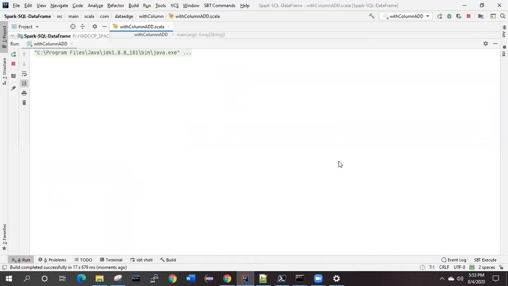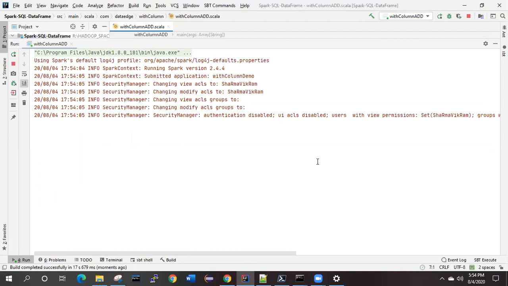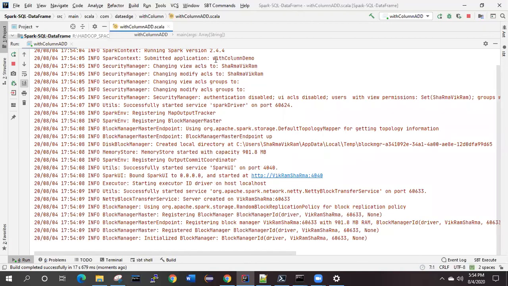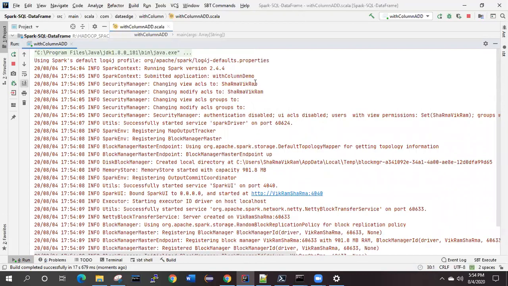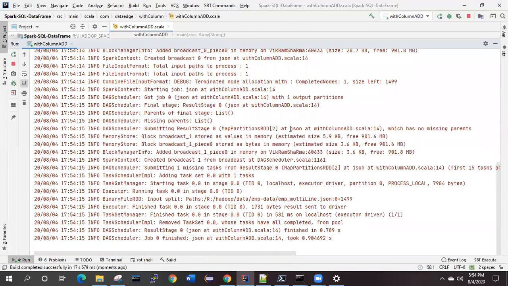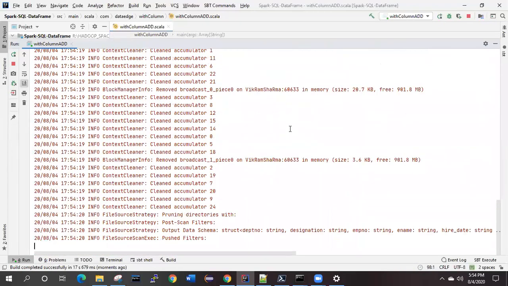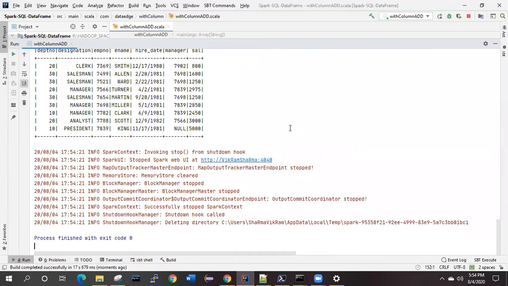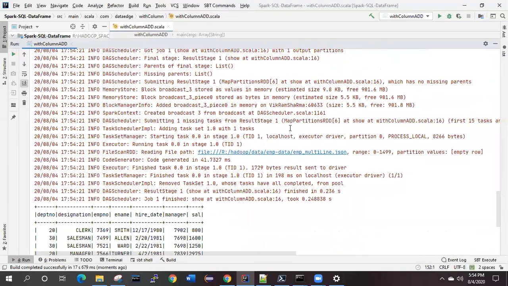As you can see, it has started running. And we are working on Spark version 2.4.4. So the application is executed successfully.